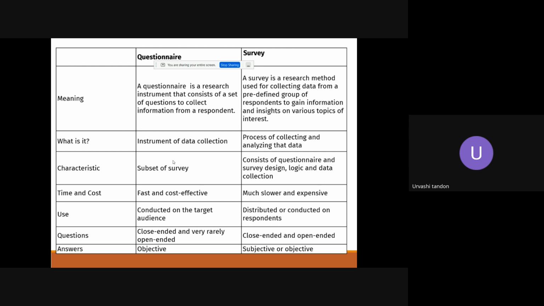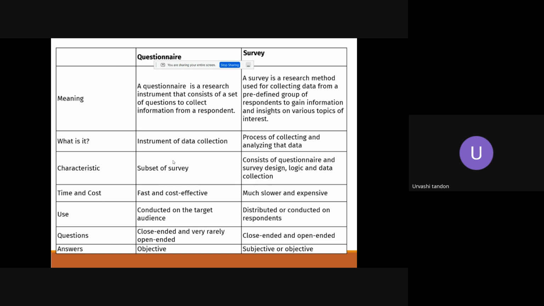Meaning, a questionnaire consists of a set of questions to collect the information, and a survey is the method for collecting the data from a predefined group, because a questionnaire is an instrument for data collection, whereas a survey comprises the process of collecting and analyzing the data. Then a questionnaire is fast and cost effective, whereas the survey is much slower and expensive. So the questionnaire is conducted on a large target audience, whereas a survey is conducted on the